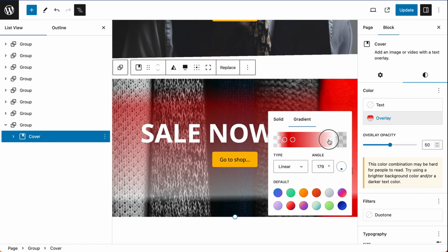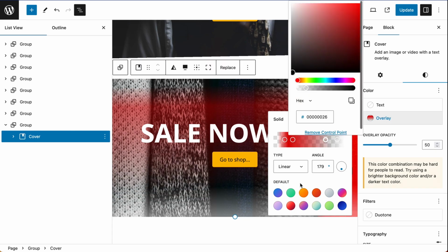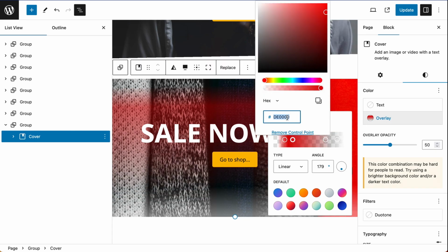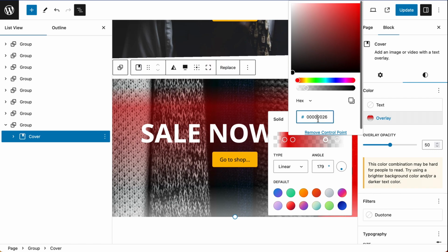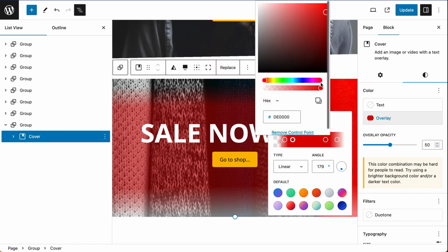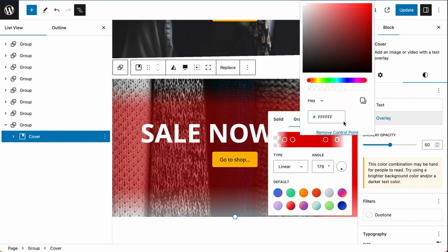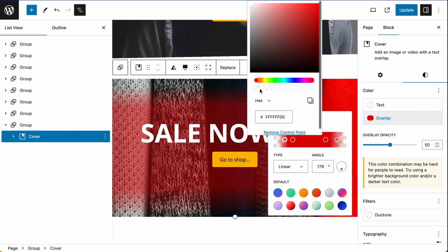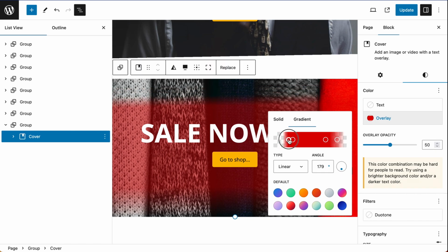And again, we can do that on the other side. So we want to bring this red back by copying the same red I've got here and paste it into this color point, and then adjust the opacity to 100%. Now this color on the end needs to be set to an opacity of 0. And all that remains for me to do now is to just squeeze these colors up so I get my hard edge back. But we can see that our image is coming through the background color, and that's because our